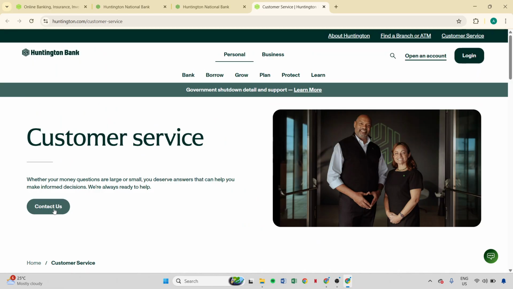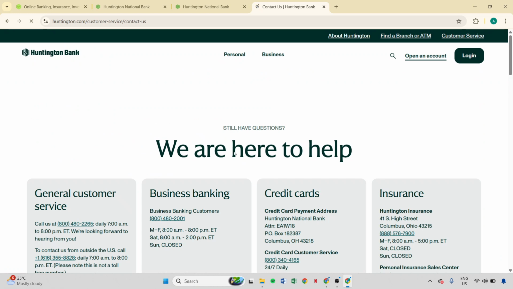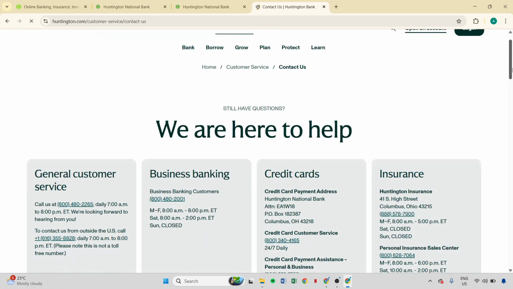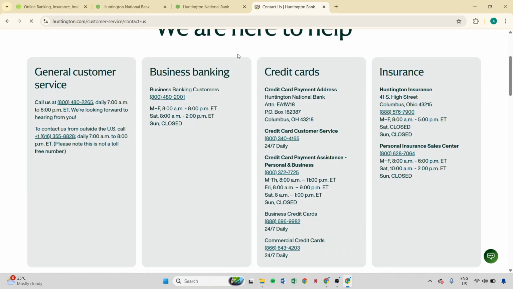be causing the issue. I hope these steps help you successfully resolve any login problems with Huntington Bank. Remember, troubleshooting can sometimes require a bit of patience, but these solutions should cover all the bases needed to solve